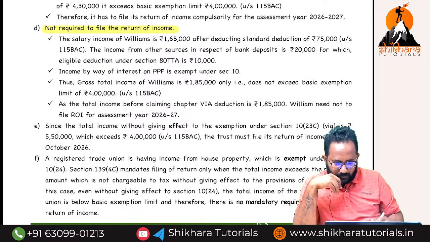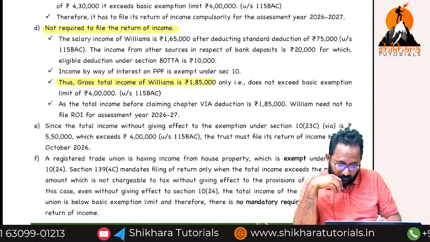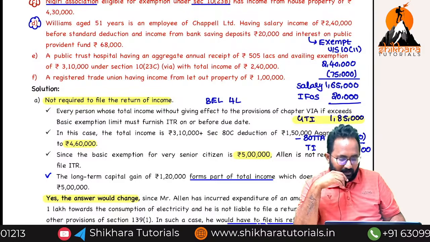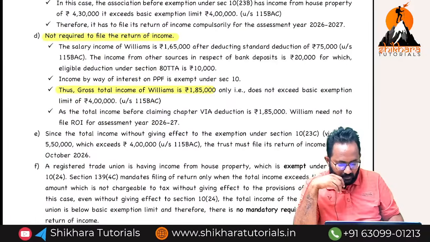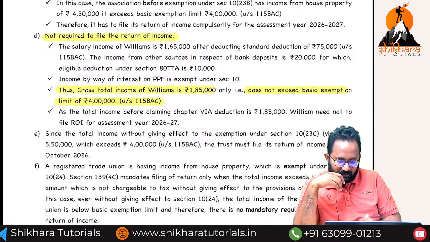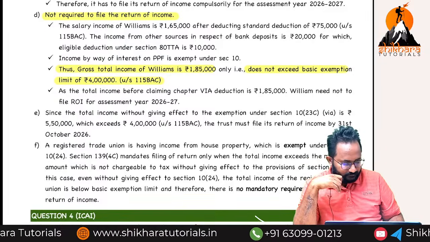Yes. If you observe, what is that gross total income we got? 1,85,000. We also got the 1,85,000, right? And that we have to compare with the 115BAC basic exemption limit. How much? 4 lakh. Does not exceed or exceed? Does not exceed. So that's why return is not required to file. And next